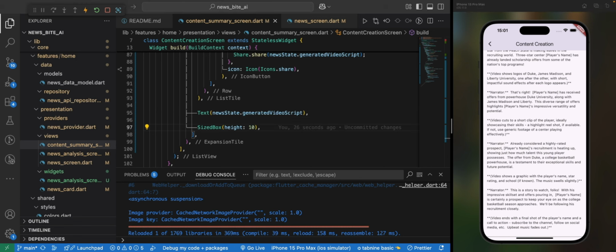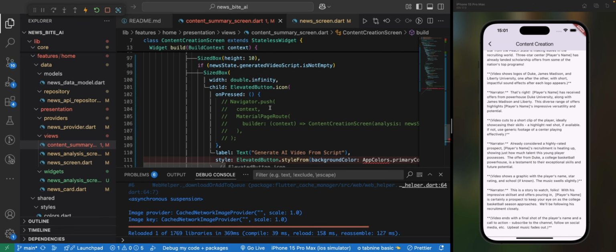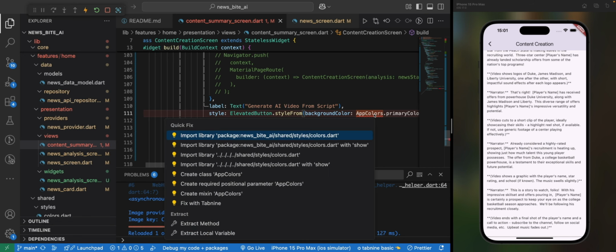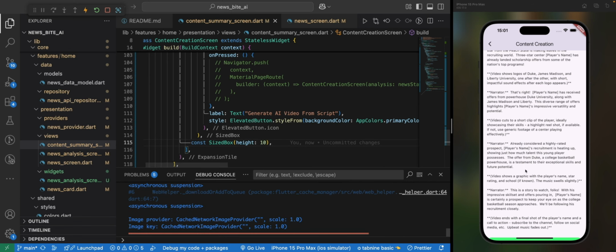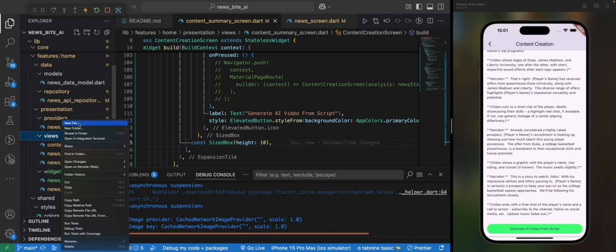Now, the next thing we are going to do is to create a size box that is going to take us to the content creation screen or the video preview screen. So here I have this guy here. We just need to put it here. So looking at this, we have this button. If the new state's generated video script is not empty, I'm returning a button, and in that button it's showing generate AI video from script. Just go ahead and import this and save it. So this is it. When you tap on this, it's going to take us to a new screen where I'll call,